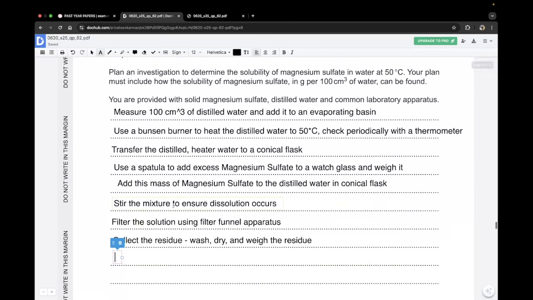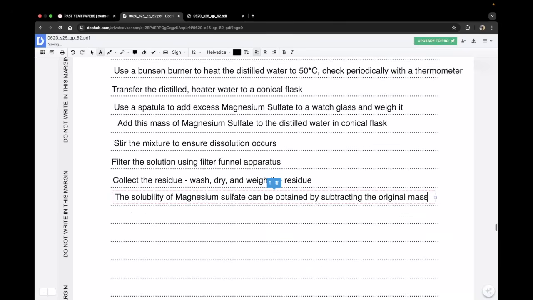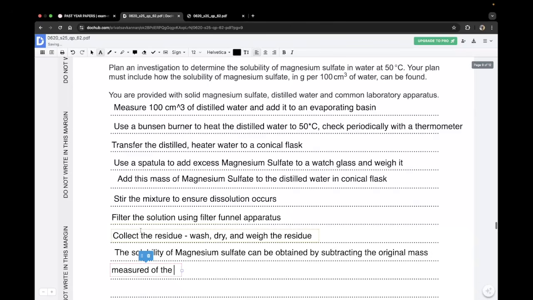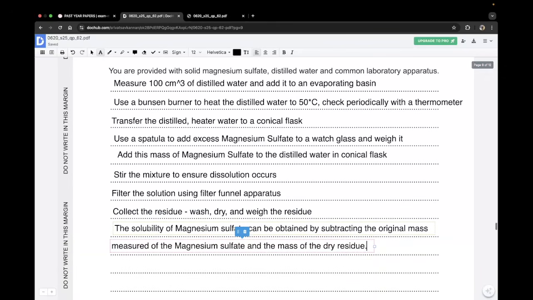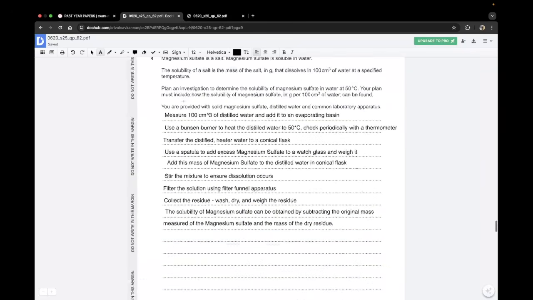Say, and then just be explicit and mention the solubility of magnesium sulfate can be obtained by subtracting the original mass measured of the magnesium sulfate and the mass of the dry residue, right? So this point gives value to the last part, and all of these should be enough to gain you